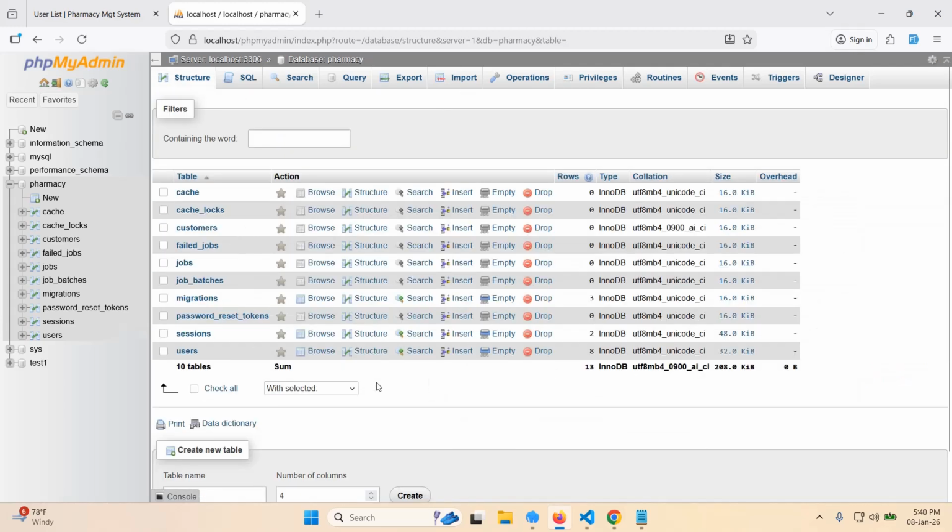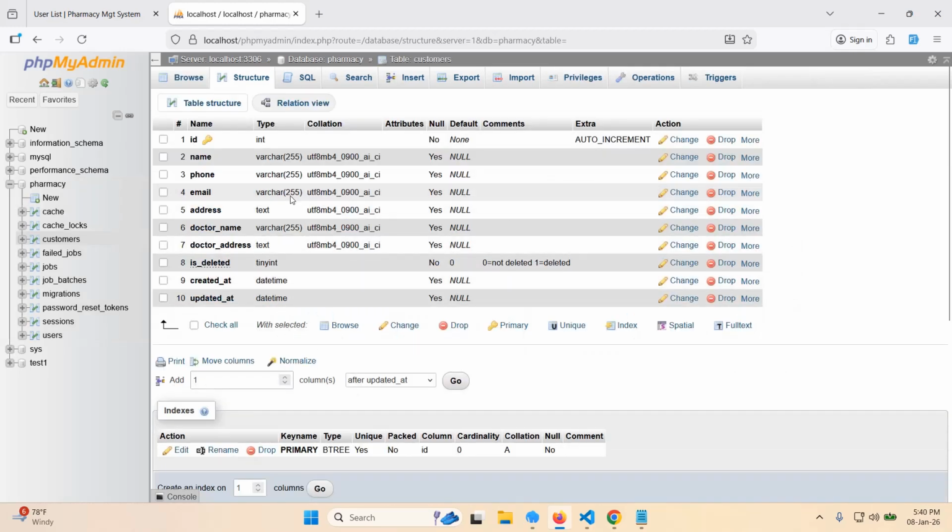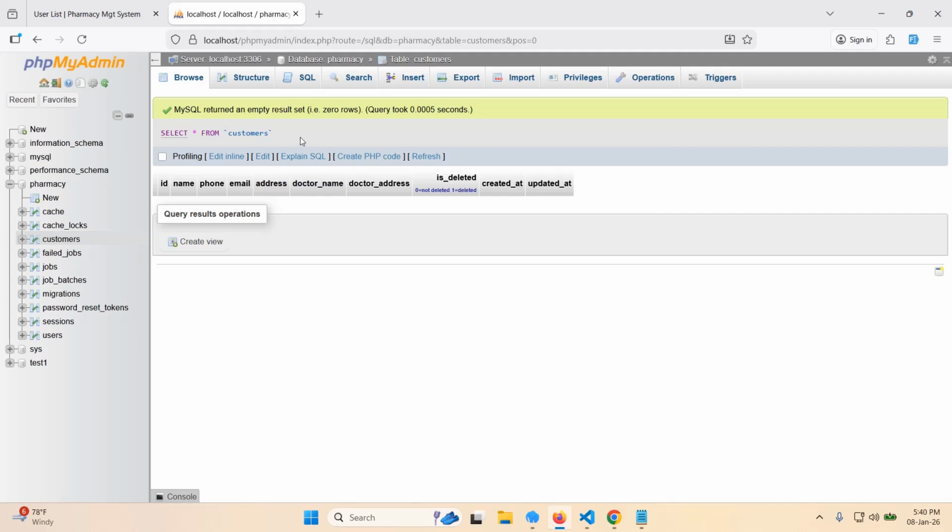so you wait, and here is our table ready to serve. So it's called customers here. If you browse, we have nothing inside. Okay, so our table is ready. So I've done the table. Now we are going to create a table model. Okay,